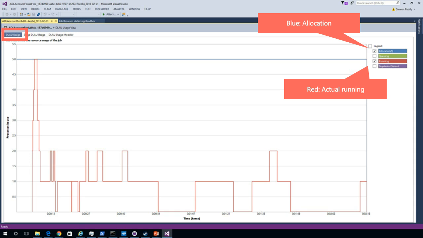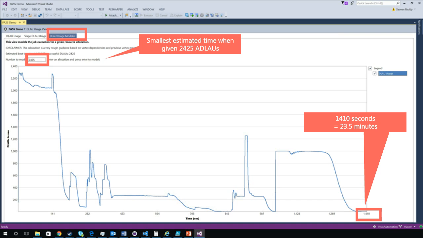The query has fully utilized it only in the beginning. For the rest of the query execution it hasn't used it properly, which means the user is wasting money by oversupplying the compute. So this is the modeling screen that I was showing in Visual Studio, where you can model how much compute power the query may require. You can play with various numbers and see how much the query actually requires for 100% utilization, so that you can save some money on the query execution.